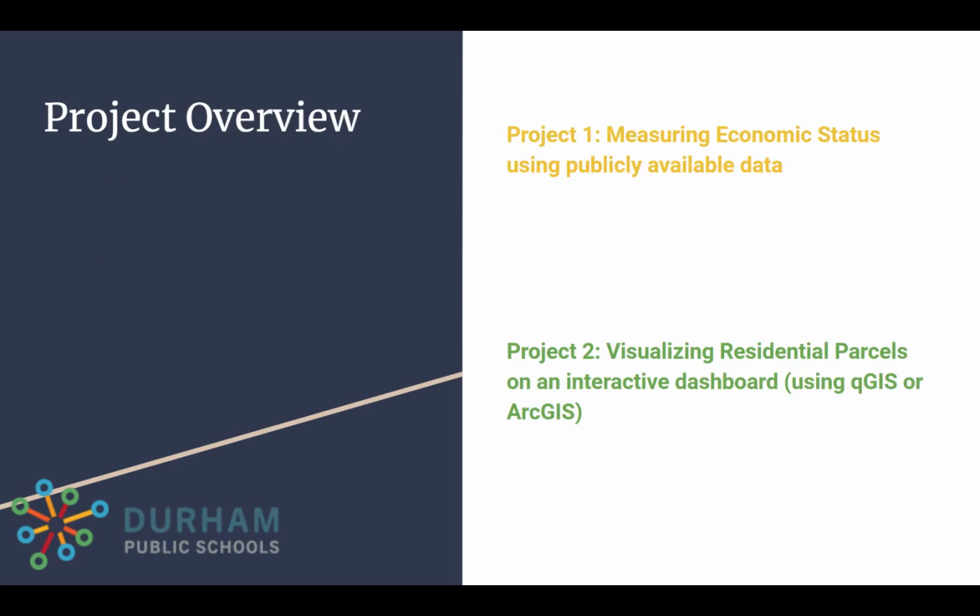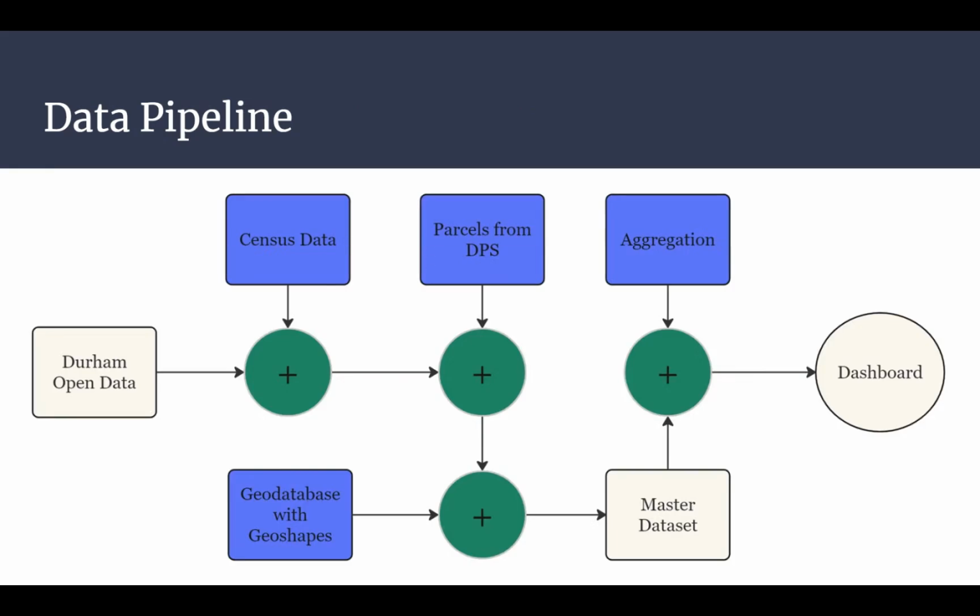So, our project overview. Once we had gotten familiar with our data sets and chose what we wanted to analyze, we could then move on to the main deliverable of our project, which is an interactive data dashboard that can be used by DPS so that they can see if their current districting and resource allocation aligns with our socioeconomic analysis of Durham. The bulk of this project lies in creating a single script that can maneuver this data